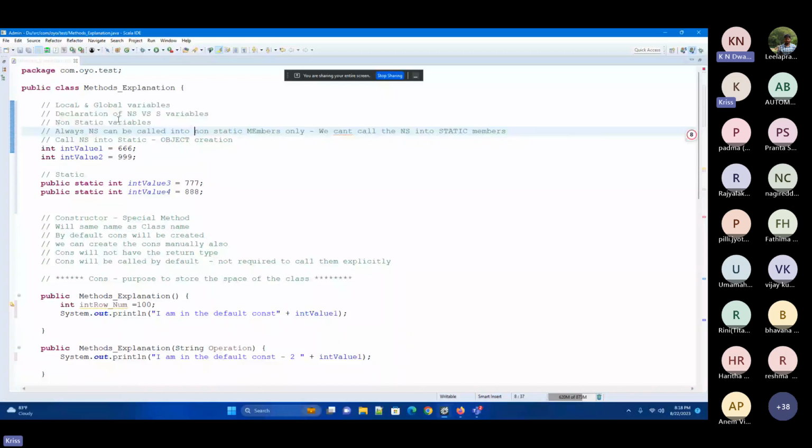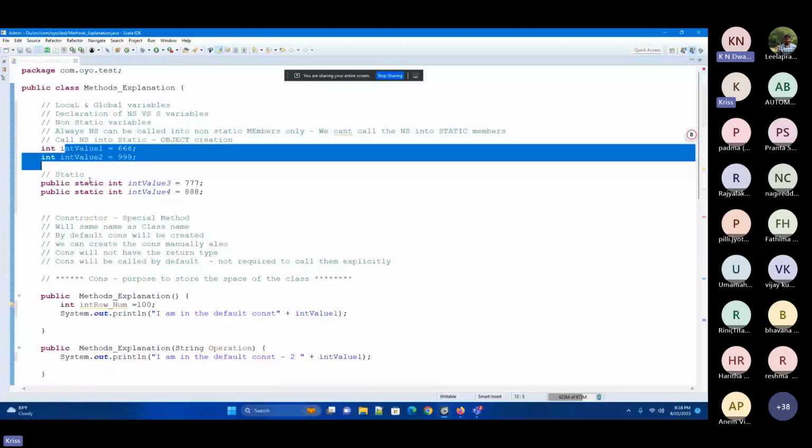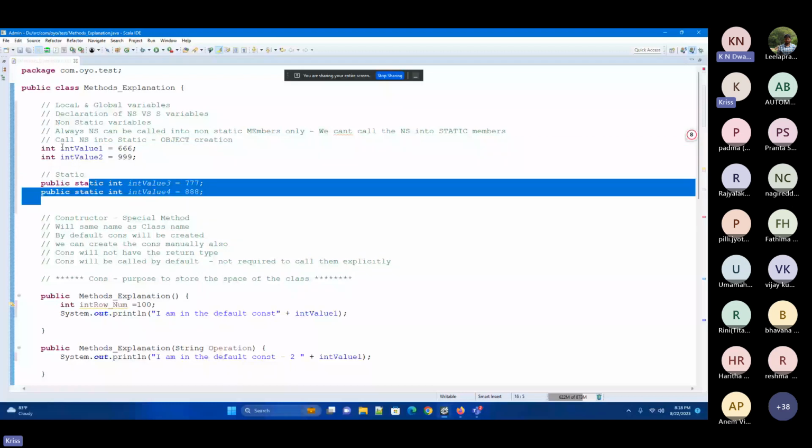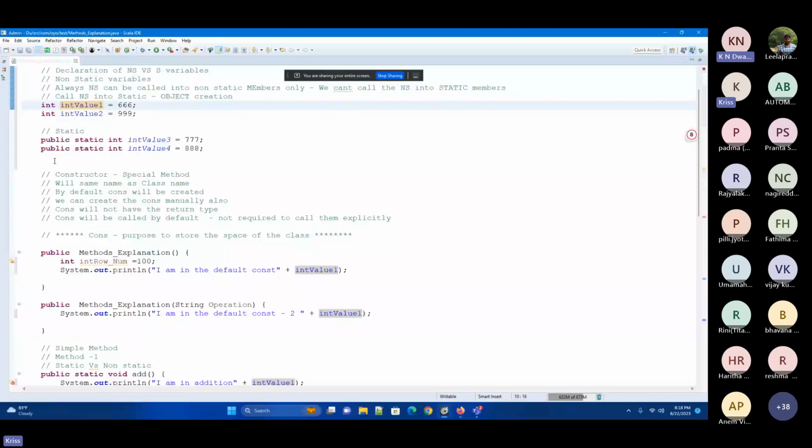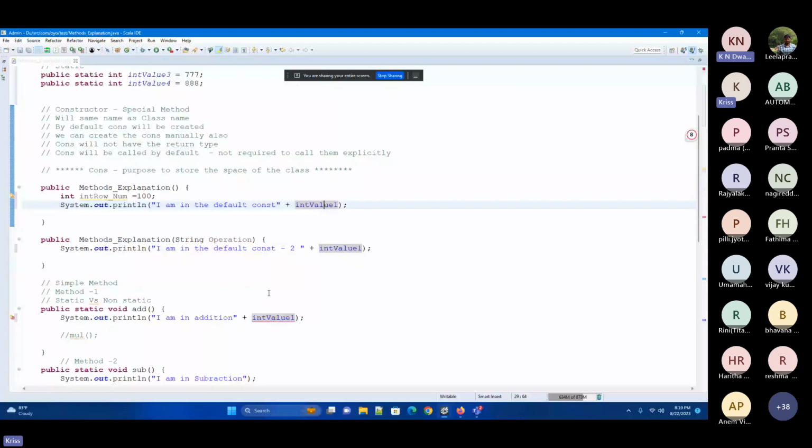So here, non-static variables, non-static members. Now we have seen how static and non-static variables are declared, and how these static variables will be called into the non-static methods. As they are the same, directly it will be called into these non-static methods. Non-static methods can call non-static variables, so that would be very easy. But when we call these non-static variables or methods into the static, then definitely I should create the object